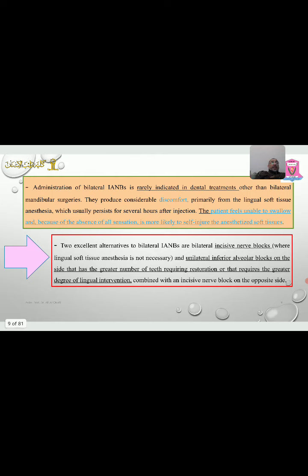Administration of bilateral inferior alveolar nerve blocks is rarely indicated in dental treatment, other than bilateral mandibular surgeries. They produce considerable discomfort, primarily from the lingual soft tissue anesthesia, which usually persists for several hours after injection, and the patient feels unable to swallow because the absence of all sensations is more likely to self-injure the anesthetized soft